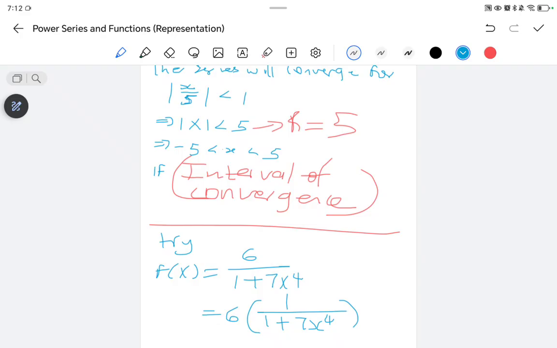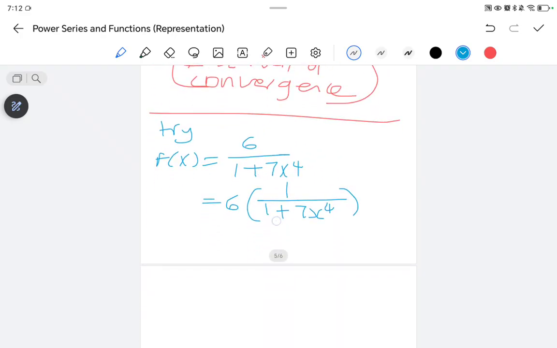Secondly, I need to change this to negative: 1 over 1 minus negative 7x to the 4. Then I know this will be equal to 6 times